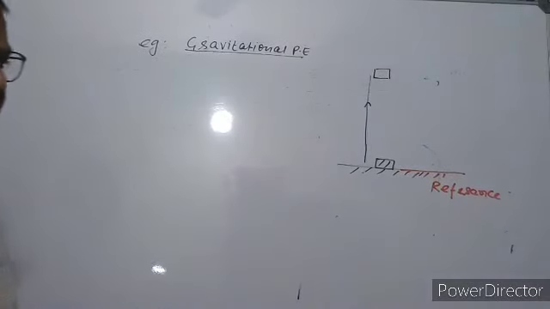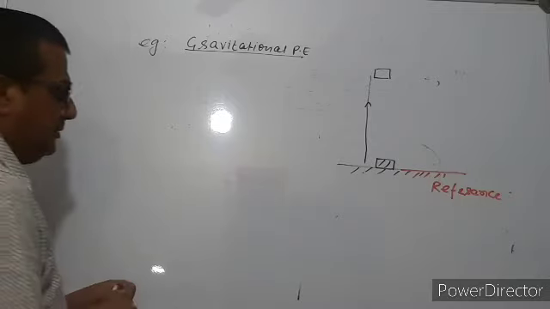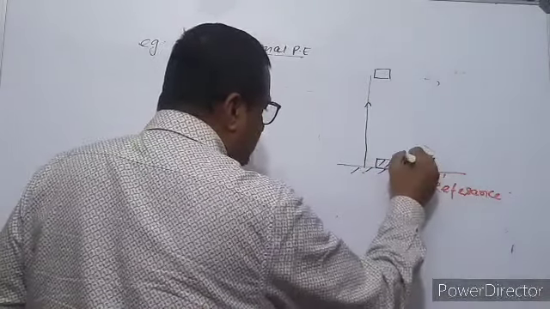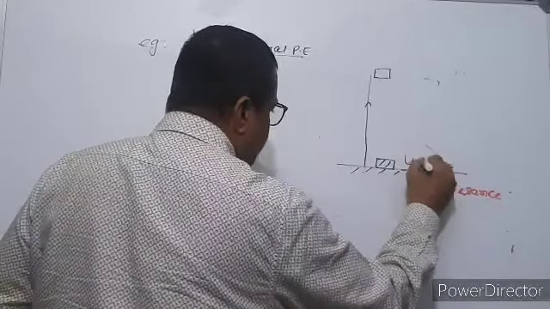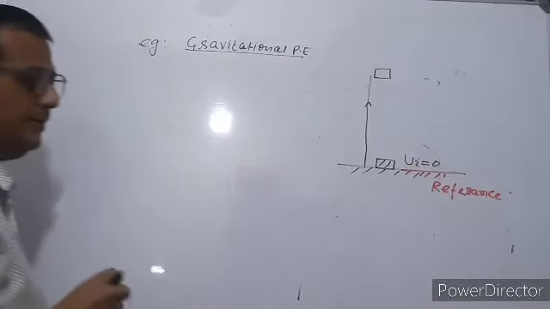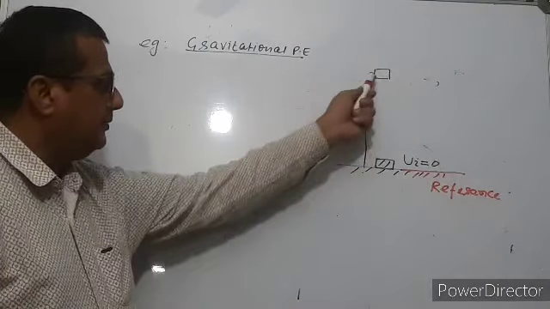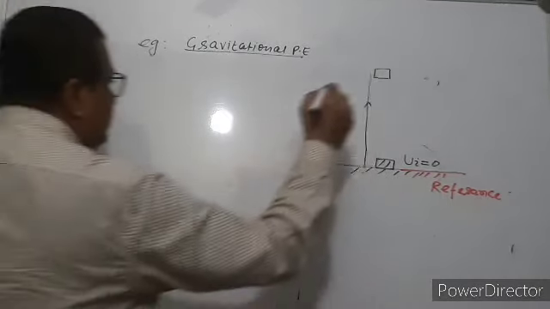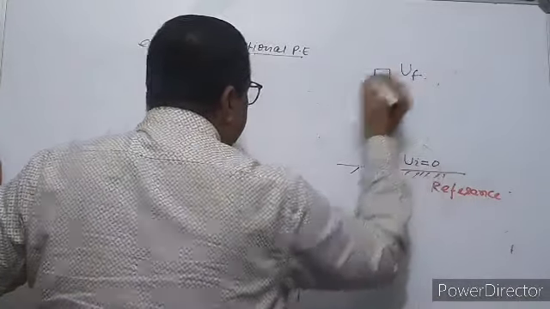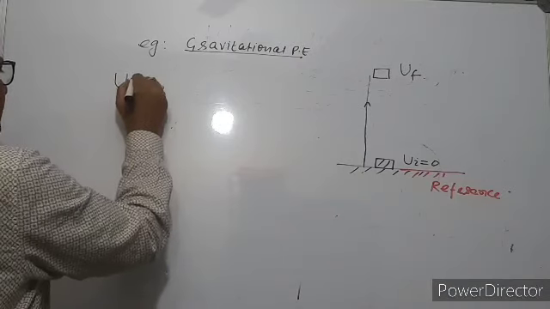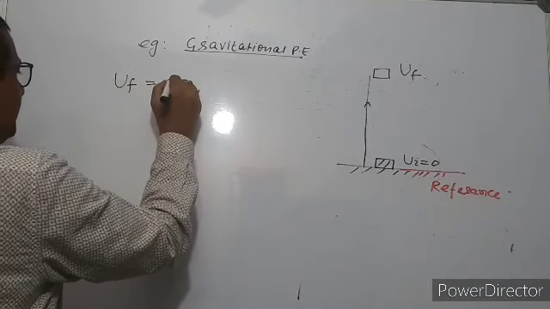Now potential energy, it is the initial. The body is kept on the reference frame, so potential energy Ui is equal to 0. Now we have to find work done from here to here. So here is the final potential energy. Final potential energy UF is equal to work done